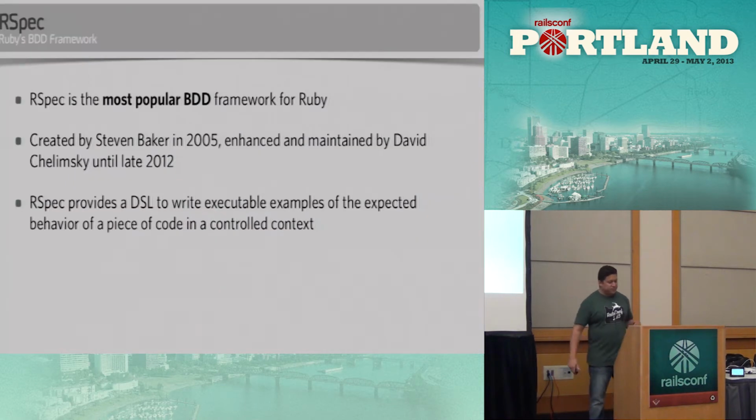Just to give you a couple of backgrounders on RSpec, it is by far the most popular BDD framework for the Ruby platform. It's been around for a while now. I mean, it's going past the toddler stage. And it provides a DSL that allows you to test in the language of BDD. Another nice thing about RSpec is that a lot of different frameworks integrate with RSpec by providing matchers that allow you to express something in the language of BDD.